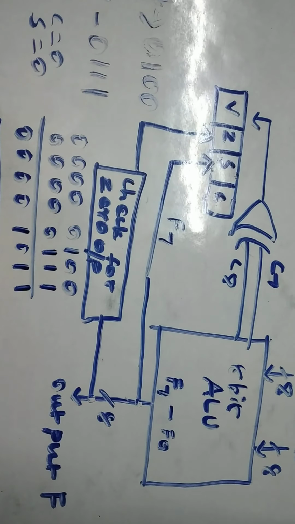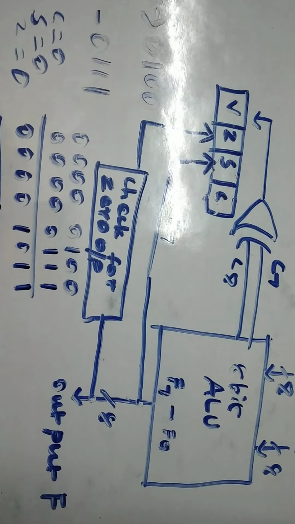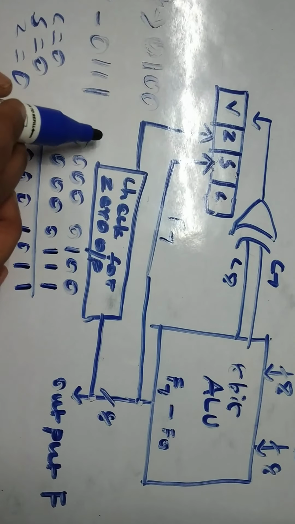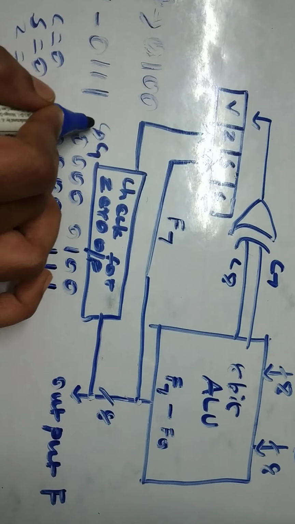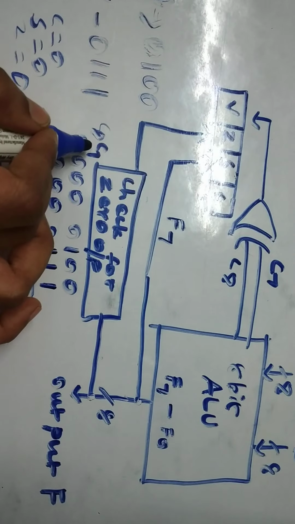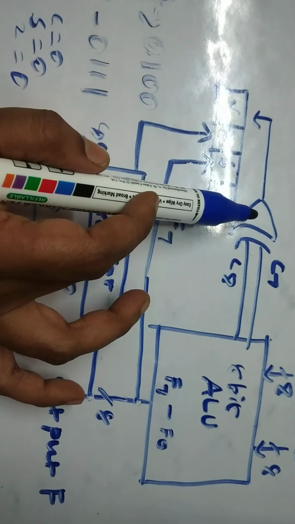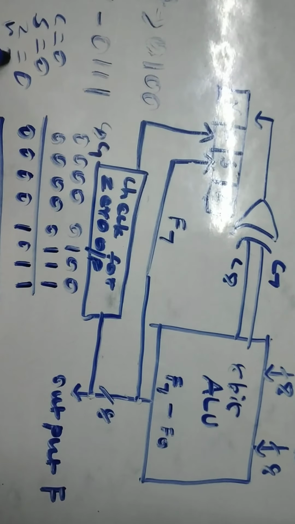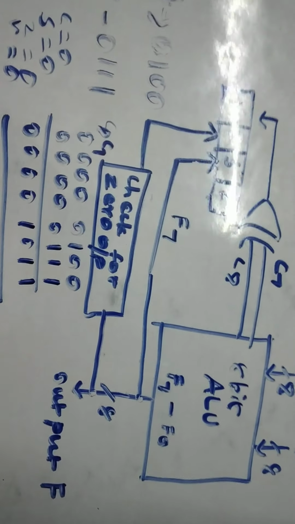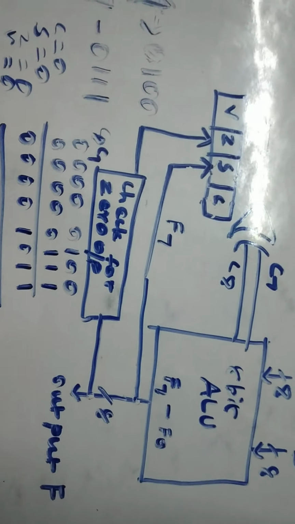And what is the next one? The Z value is 0, because you are not getting a zero result. And what are the last two carries, C8 and C7? The last two carry values are also 0. If you perform the XOR operation on the same inputs, 0 and 0, you get 0. So the V value is also 0. So this is how the arithmetic operation can be performed. I'll explain with the carry value here.